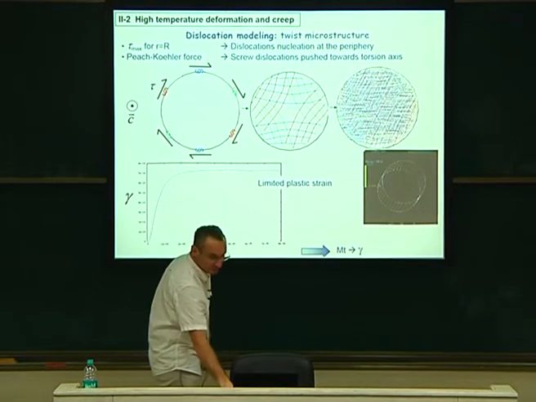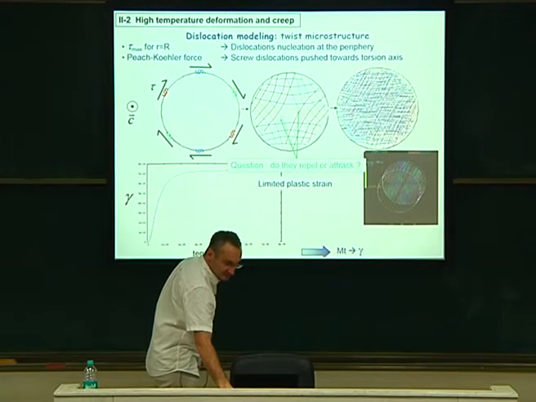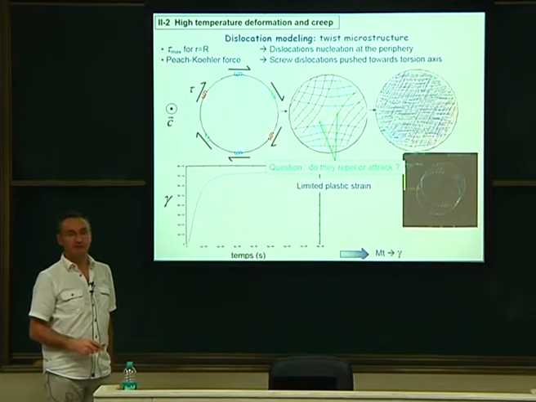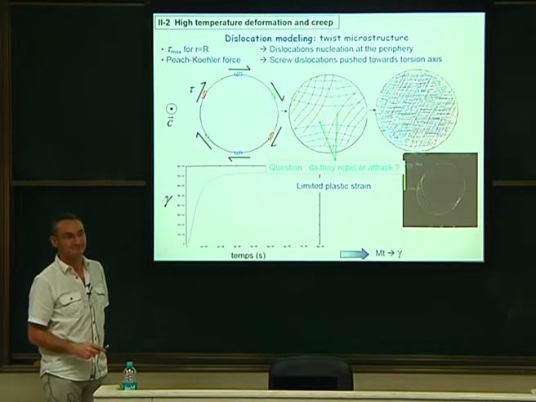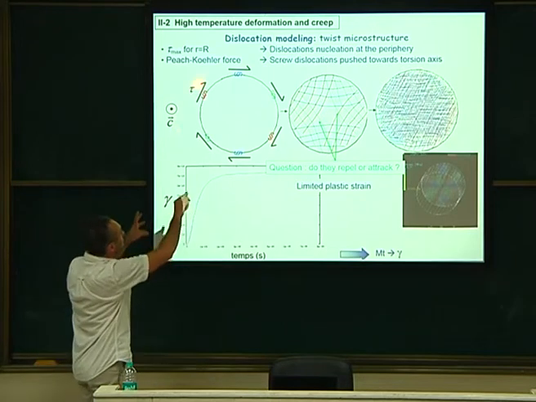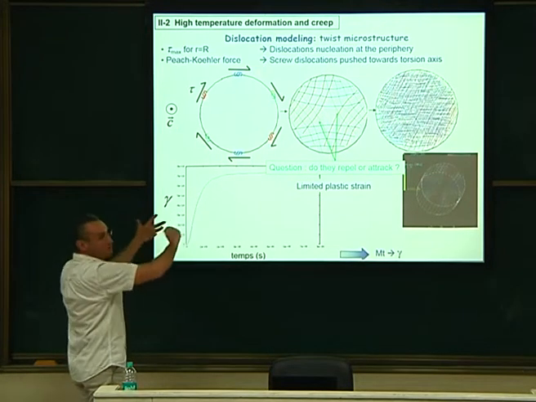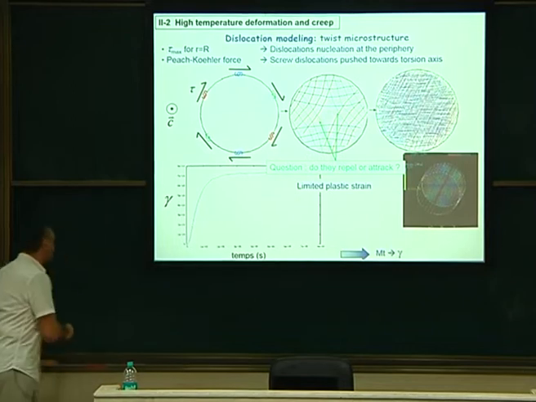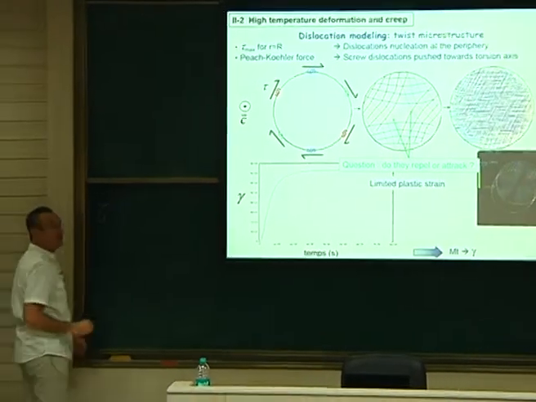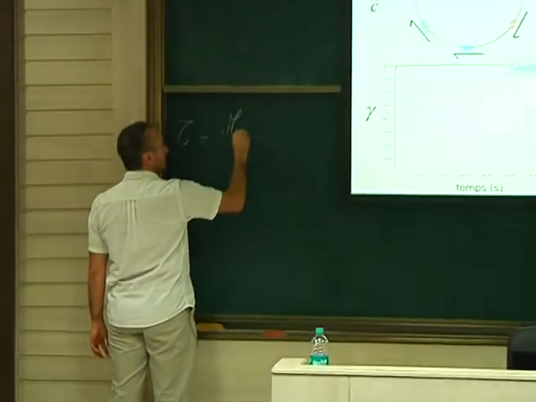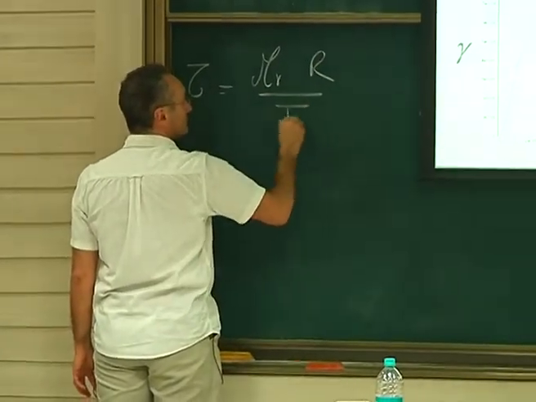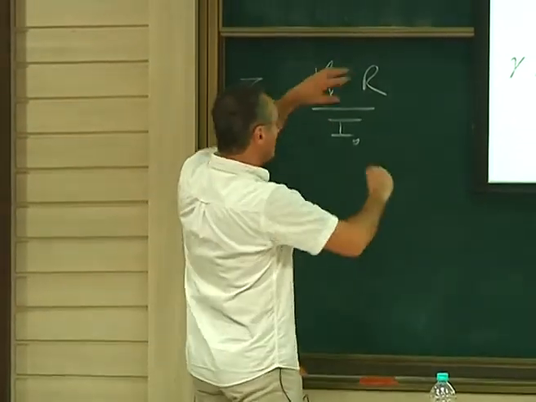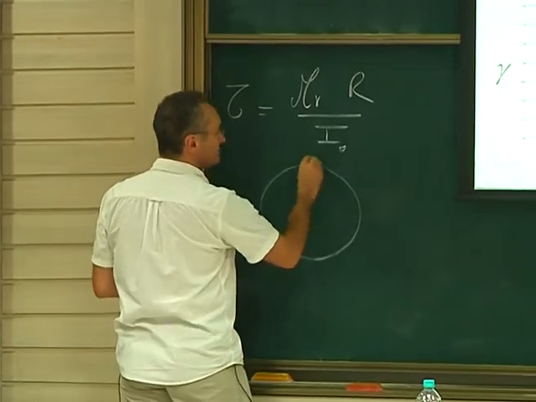So I have a first question for you. Do you think those two dislocations, the green ones here, do they repel or do they attract? And why? So think about it. It's a torsion, so we are shearing with the arrow here. According to that, this is the applied stress. I can write down the equation, but you all know from strength of materials that tau is equal to the torsion momentum times the radius over the quadratic moment. So this is the shear stress, which is applied all around the specimen. So you apply a shear like that.